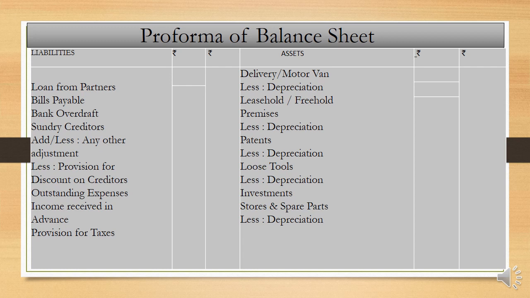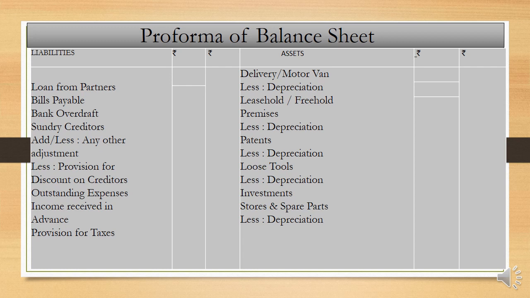Income received in advance. The accounting period gets over by the 31st March, but we have received the income for the next 2 months, that is April and May of the next year, not the current year. Next year's April and May salary we have received in the current year, so that is known as income received in advance, so it is considered a liability. Provision for taxes, that still we have to pay the taxes. Taxes are not yet paid, so we have created certain provisions to make the payment for the taxes, so those are all liabilities. When the word provisions comes, provisions are normally created to make payments. So all the provisions are normally considered liabilities.